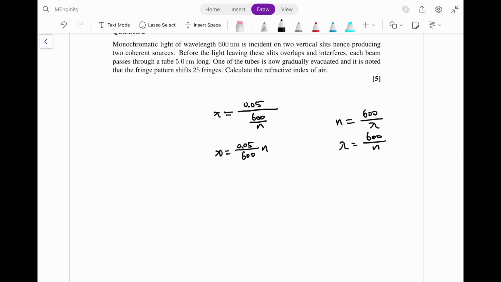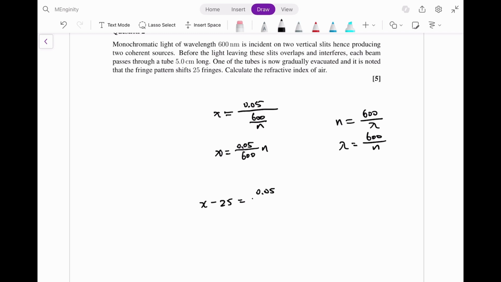Now what about the other one? The other one is 25 fringes. Now in air, the wavelength of light should be shorter. So basically this means that in the vacuum tube there should be fewer wavelengths. So that will be x minus 25 is equal to